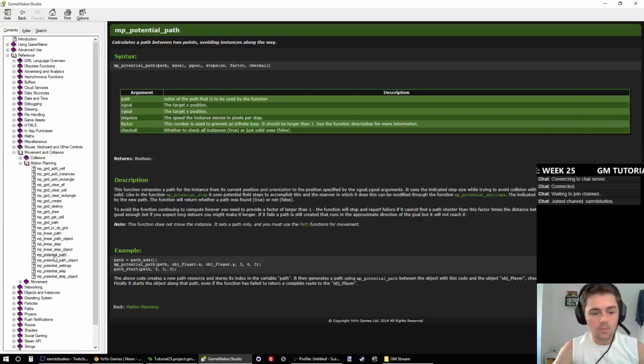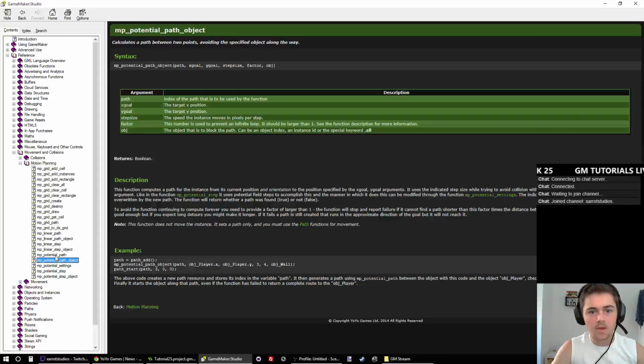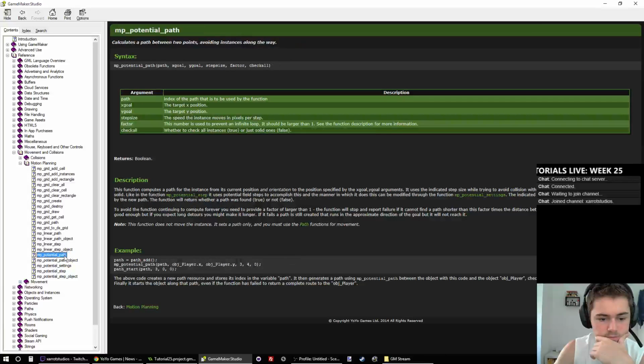this is what we want. We want the MP stuff. And you can avoid a specific object along the way. I don't know if we'll be using this, so I think we'll just use MP potential path. So